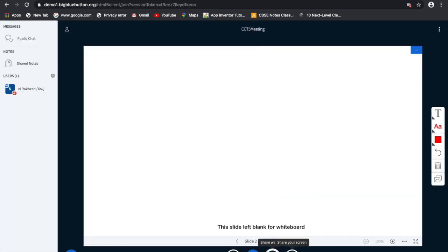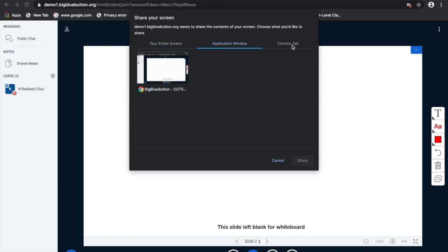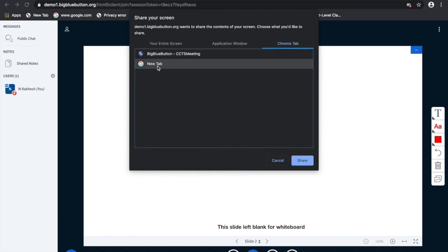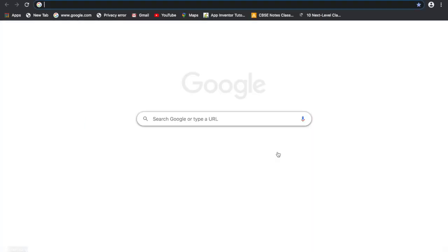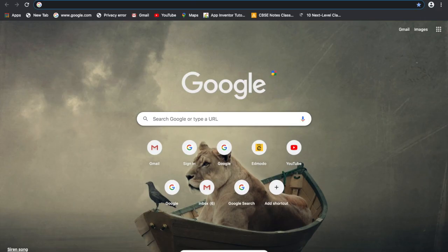And the next one is the more important one, that is sharing the screen. Share your screen. 3 options come in: entire screen, application window, or the Chrome tab. You can see here I have opened the blue button as well as a new tab. You can click on the new tab and click on the share button, and whatever is presented on your second tab or the next screen will be shared with all of them. After the discussion in that particular tab is over, you can click on the stop button, come back to the